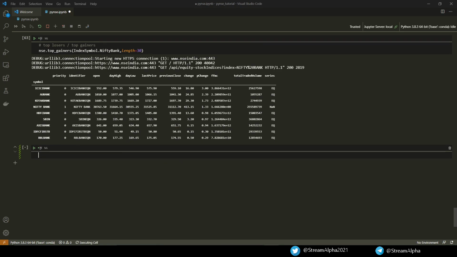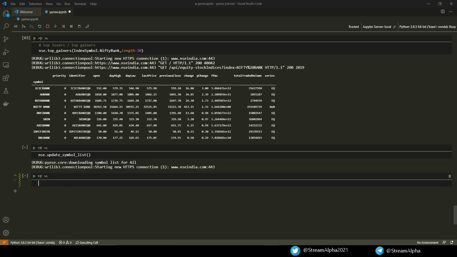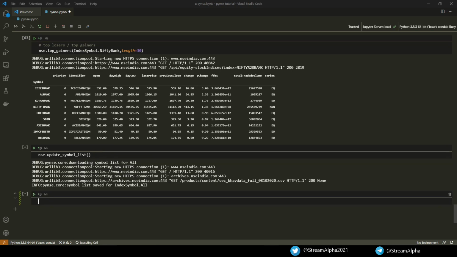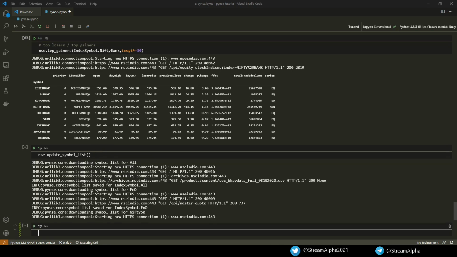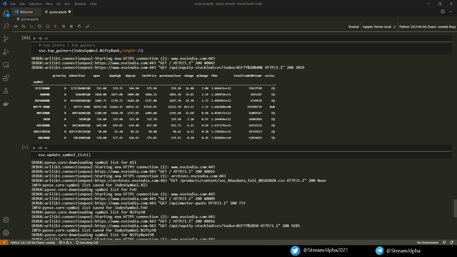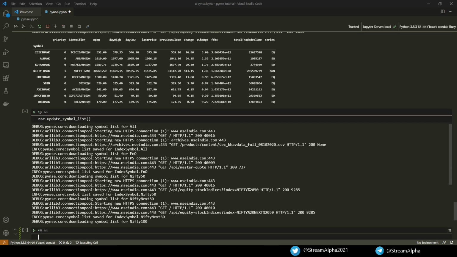To update the list of symbols, type nsc.update symbols list and run. You see that all the list of indexes and their constituents are being updated. It will take some time to complete. Don't run this too frequently or you might get blocked by NSE.